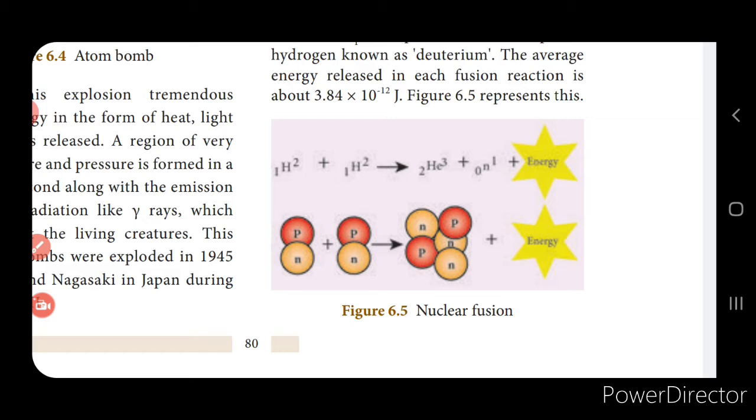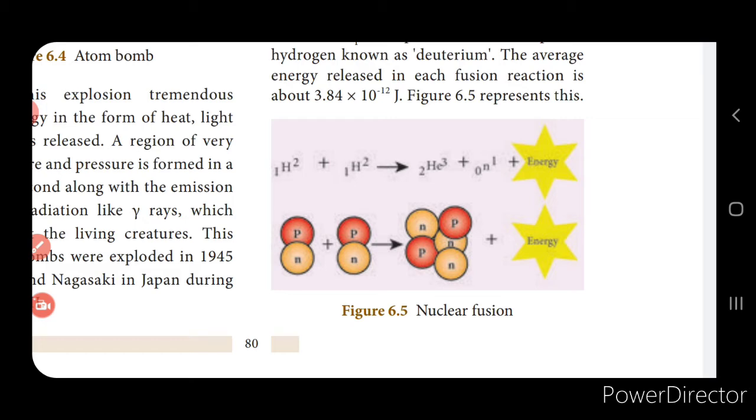Now even the Earth's atmosphere consists of small traces of hydrogen. If nuclear fusion had to take place spontaneously at a normal temperature and pressure, then a huge number of fusion reactions would take place in the atmosphere, isn't it? So there is a condition that is necessary for the fusion reaction to take place, right? Only when the condition is satisfied does the nuclear fusion reaction take place. Otherwise, in the ordinary Earth's atmosphere, fusion would have taken place.